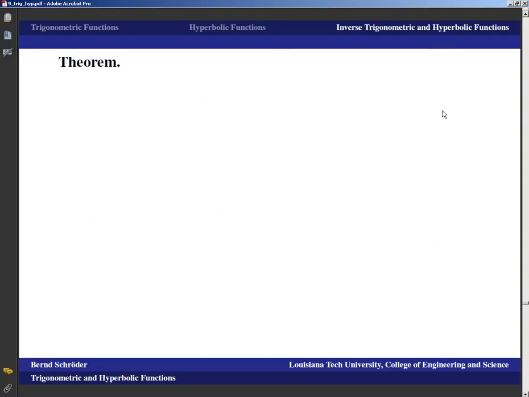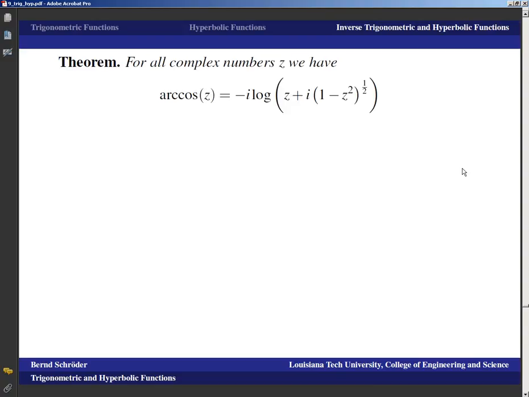Now we go to the inverse functions, and those inverse functions, of course, in trigonometry were important to work out certain angles, but we never really talked about how they could be computed, and complex analysis has an answer for that, and that is nice. And then, of course, also these inverse functions are nice because through their derivatives, they are quite important in solving certain integration problems. So, for all complex numbers z, I claim that the arc cosine of z, the inverse cosine